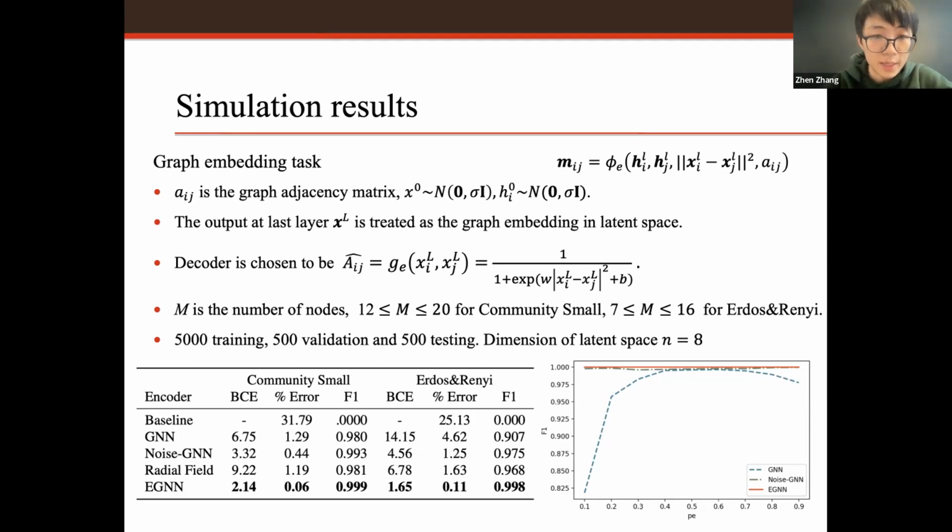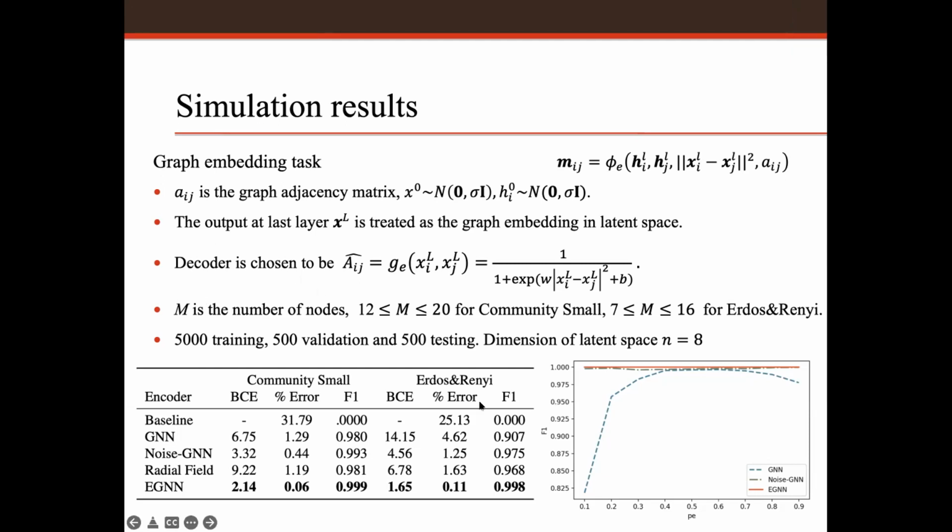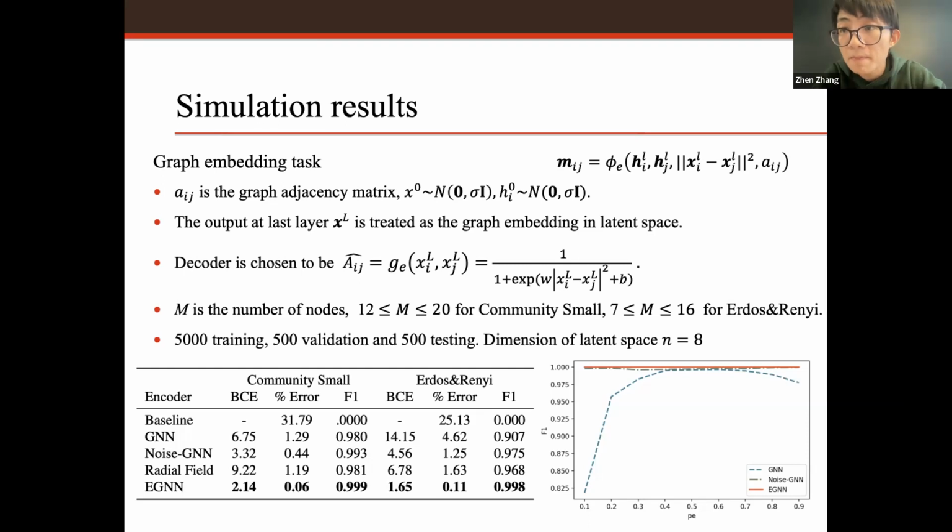Yeah, and hi John, can I ask a question? Yeah, of course. In the table I see there's some error and F1 score here. So does that mean this graph embedding setup is a reconstruction? I thought it was a reconstruction problem, right? Yes. And I see the input of the network is some random noise, right? Yeah, but my question is,